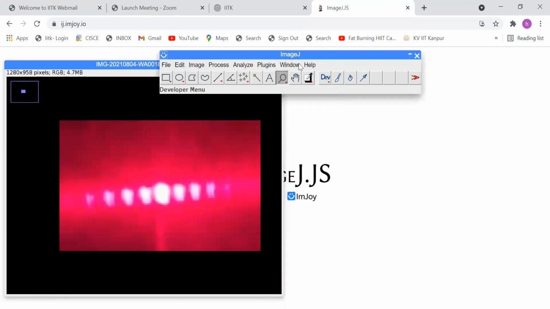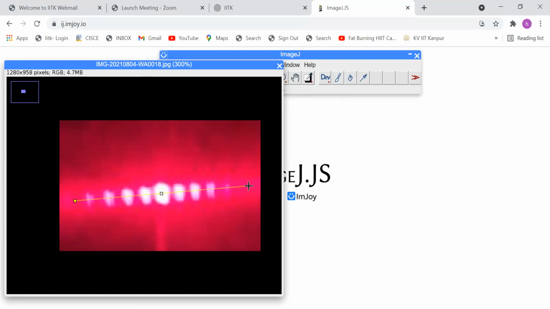Now there is something called a line tool and a square tool. So I use this line tool, which is there on the menu. And I draw the line across which I want the feature. This is my feature I want. Can you see my tilted little line which I have drawn? Yes.